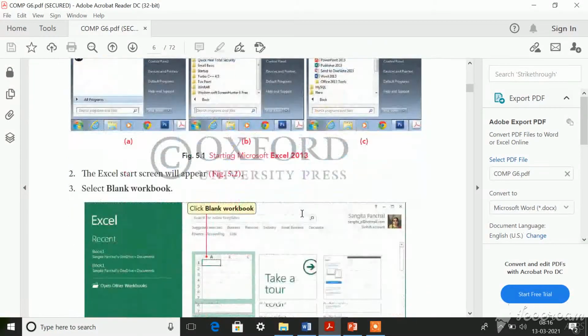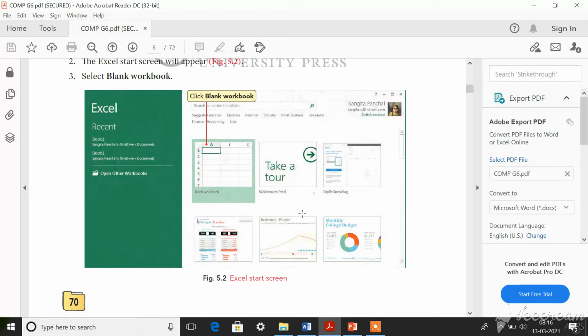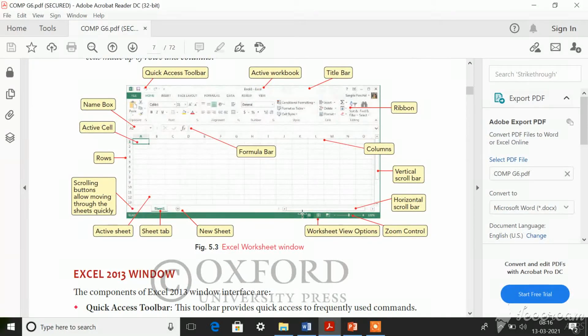You might already know how to open it, isn't it? So let me open Microsoft Excel now. First of all, you need to have the Microsoft Office application downloaded on your personal computer or laptop in your house. Only then can you open this Excel application.